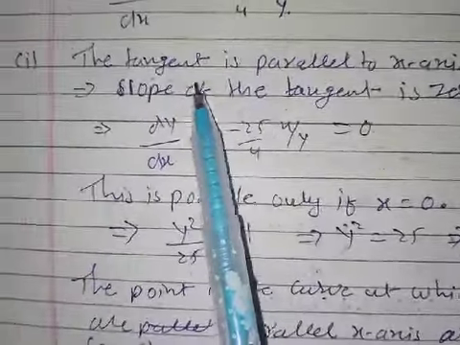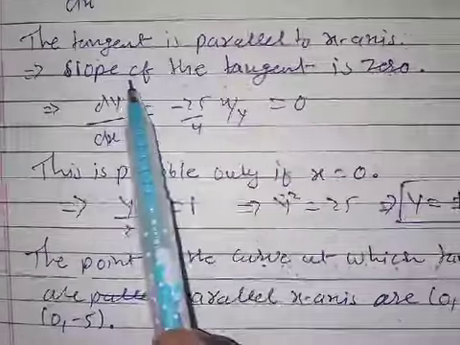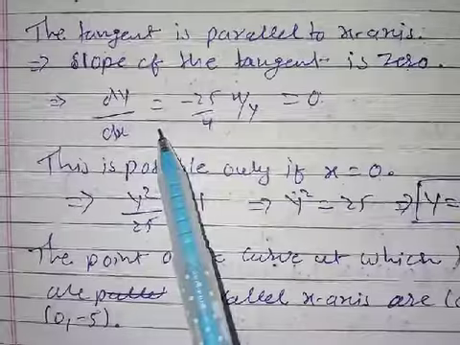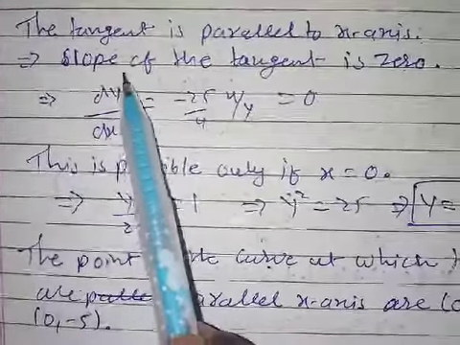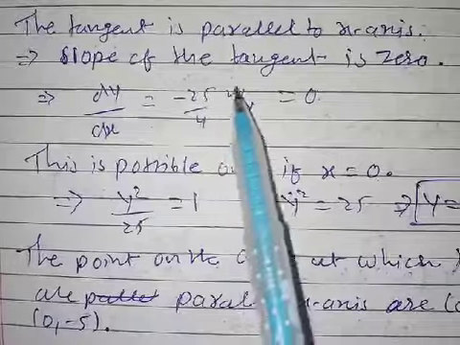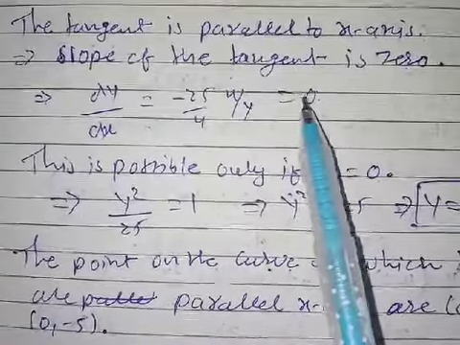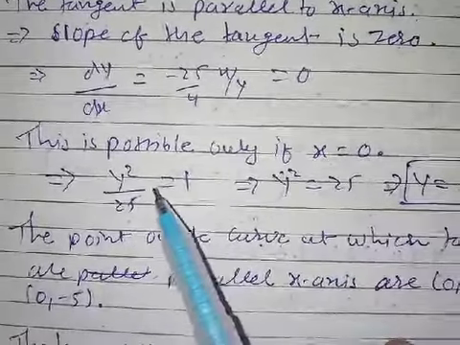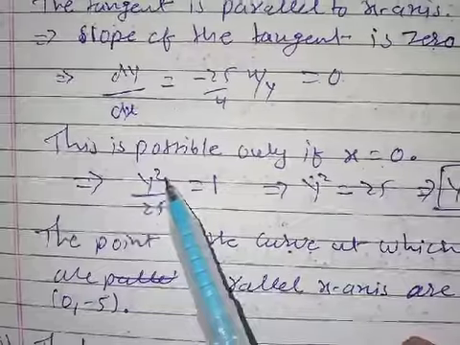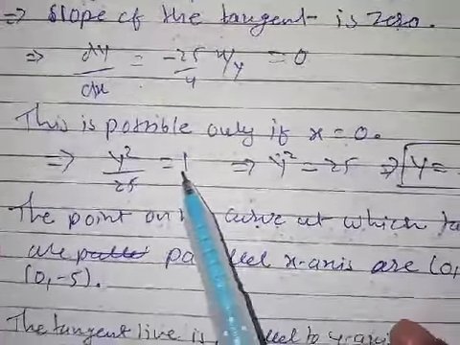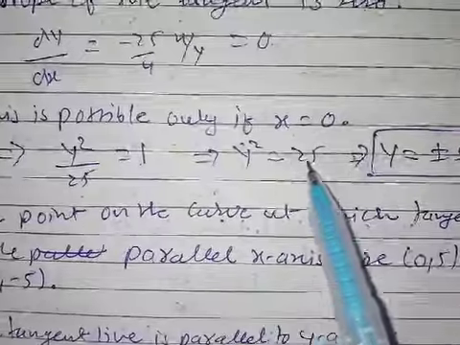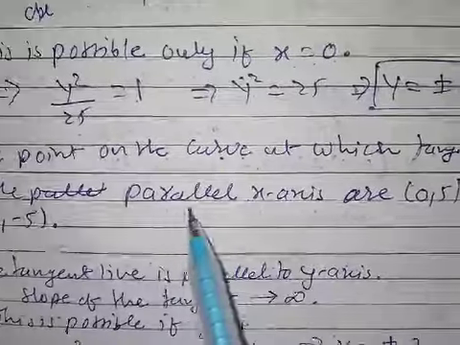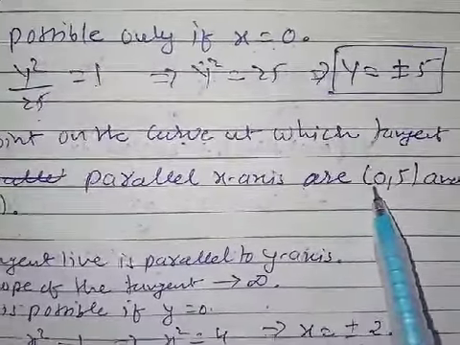If the tangent is parallel to the x-axis, the slope of the tangent dy by dx is 0. So this entire expression will become 0 only if x is 0 in the equation. If you put x equal to 0 in the equation, we get y square is equal to 25, so y is equal to plus minus 5. So the points on the curve at which the tangent is parallel to the x-axis are (0, 5)